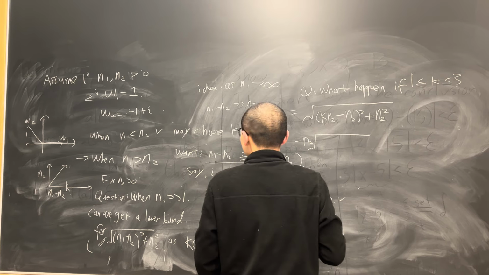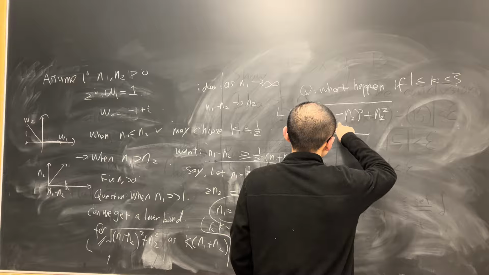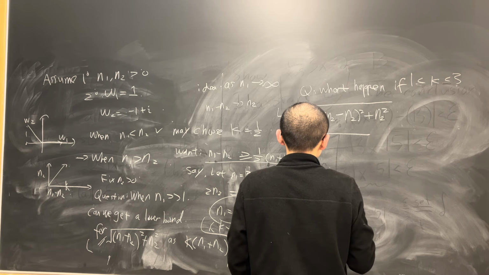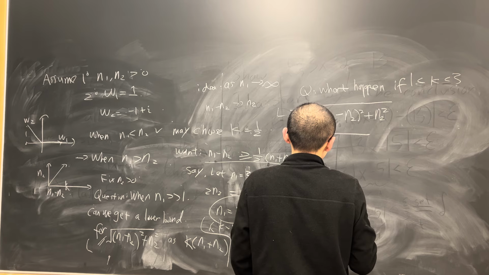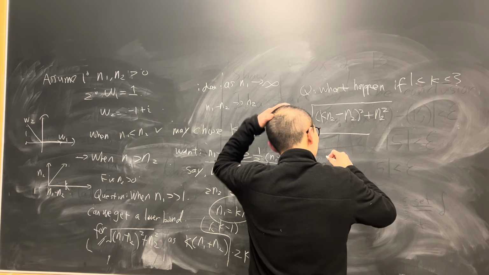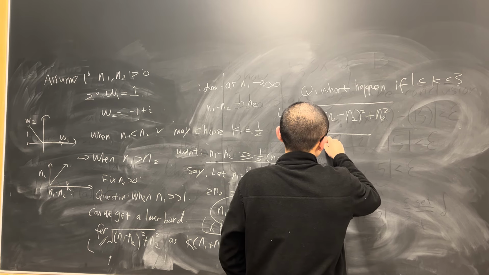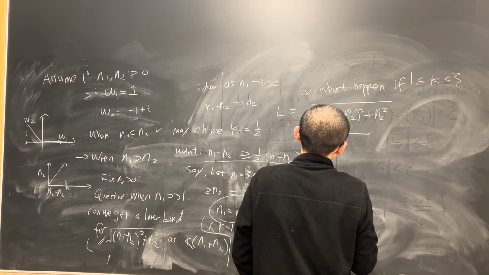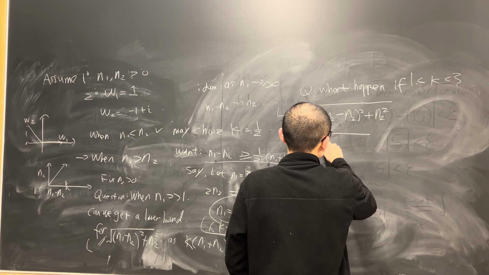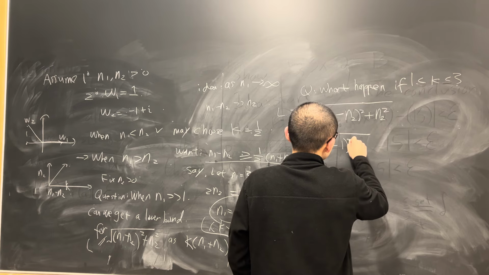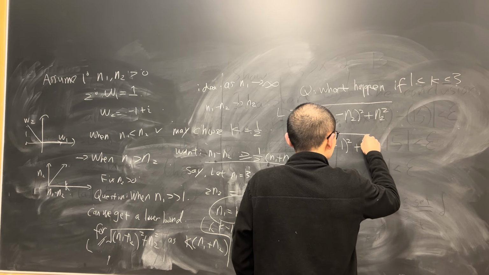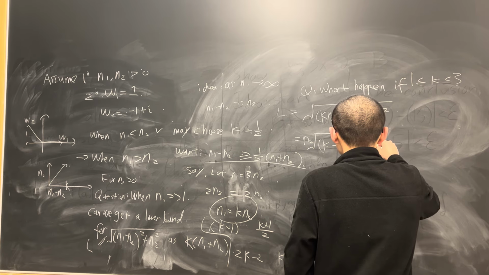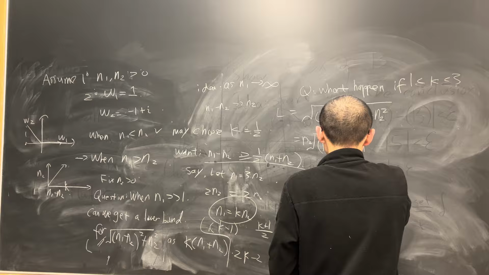Because it's positive. And then for the rest, it becomes k minus 1 squared plus 1. Okay. So then it is equal to n2 times